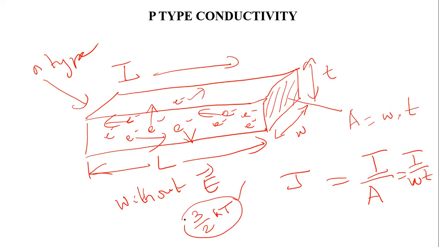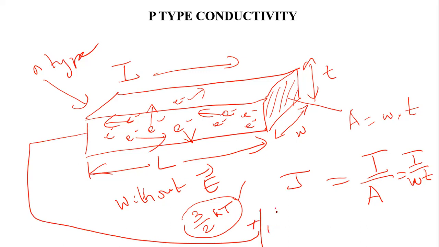As it cannot contribute to any net transfer of charge, that means you cannot have any current according to this random thermal energy, right? Therefore, you cannot have any current in a semiconductor or a conductor also. A current will occur only if you connect this to an external battery source, like positive, negative. If you connect an external battery source, this side will become positive and this side will become negative,